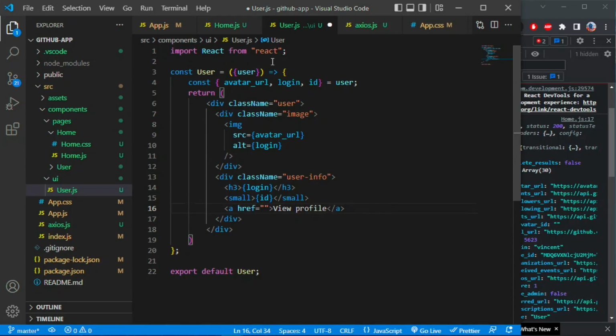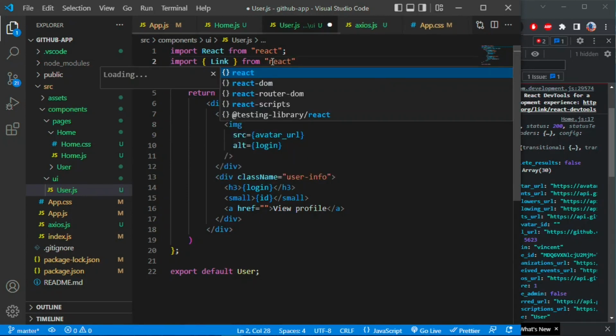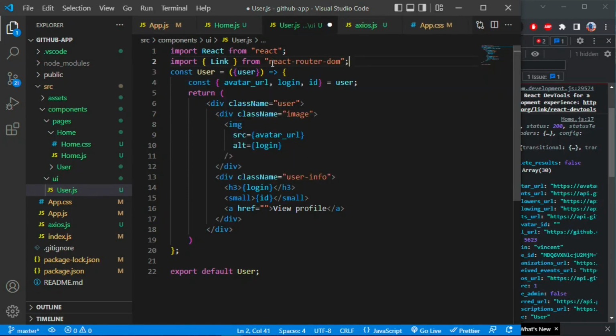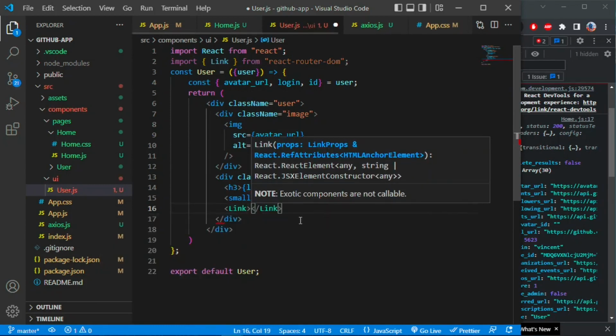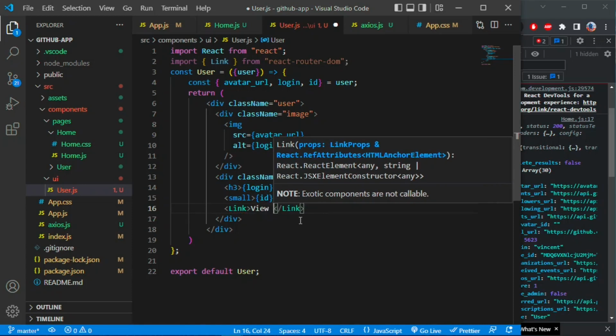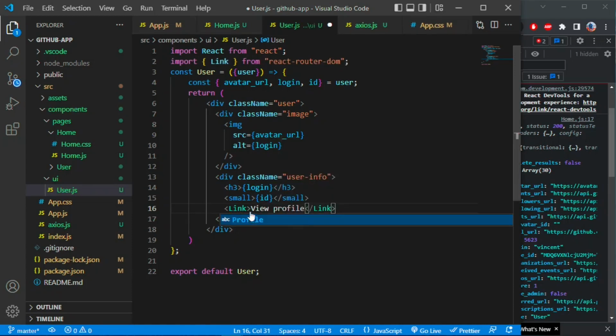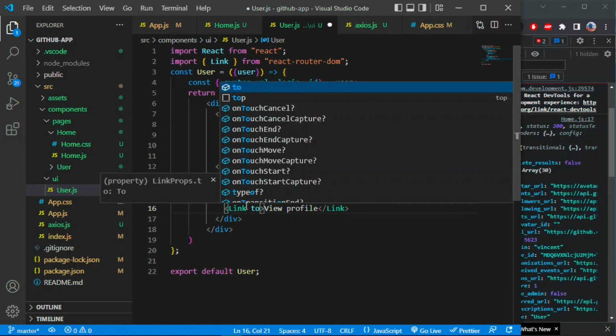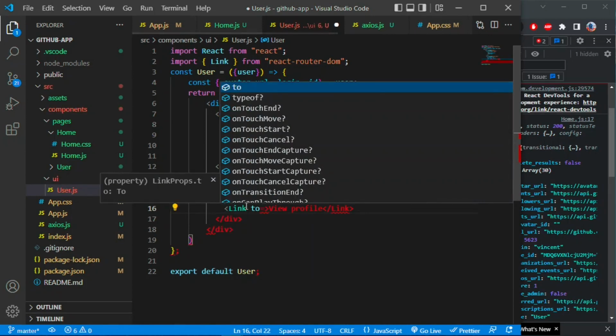We're actually going to use a link from the library we installed, React Router, and then I'm just going to do Link, view profile. So Link takes a prop, which is a to prop which specifies the path you are going to, and we are saying we are going to